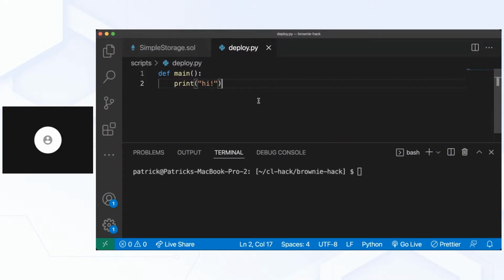In any case, the reason it does that is because when we run our deploy.py script, Brownie will say, okay, cool, you're running a script here. I'm going to spin you up your own blockchain to run this on so that stuff works way faster. And then after your script is done, I'm going to tear it down. So if we want to deploy our SimpleStorage, at the top of our code here, we're going to import